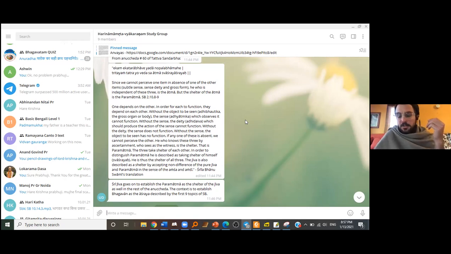So the way I understand this is the example of deep sleep. The senses are all completely deactivated, and we use this as pramanam for the existence of the Atma, because we still have the memory of not perceiving anything, because in the absence of sense objects, the senses don't work. So the senses are actually dependent on their objects. Here, sense objects means adibhautika, the earth, water, air, right? Yes, and in general, things that are composed of those.